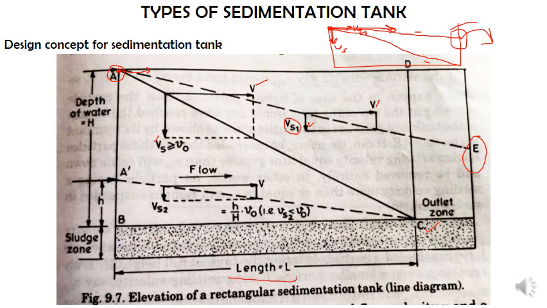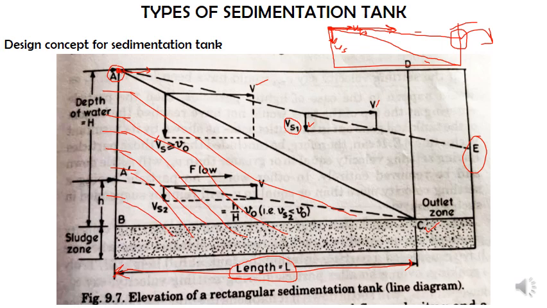Now here the working principle is this: if I make sure that the length of this sedimentation tank is at least equal to the horizontal projection of this part AC, right? So this is nothing but the length. Then I can be assured that any particles entering this sedimentation tank below point A, that is at a lesser elevation, will definitely settle down in this sedimentation tank. So obviously all those particles will settle down.